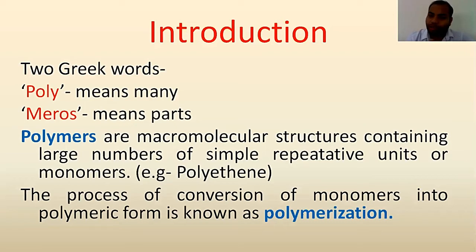The process of conversion of monomer into polymer is called polymerization. Polymerization is the process, and the final product after polymerization is known as the polymer. An example is polythene, a very important example that we use in day-to-day life. Other examples of polymers include starch, which we eat in rice or bread or anything else that contains starch. Along with that, we are eating protein. Proteins are also polymers of amino acids.